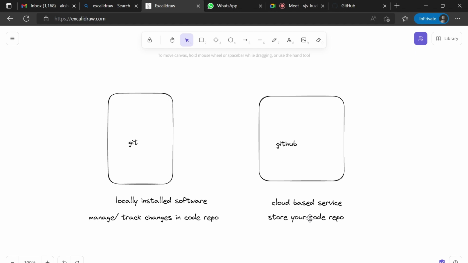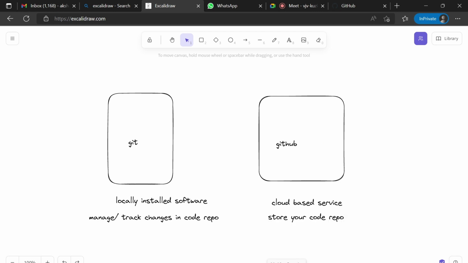That's why teams with multiple developers use GitHub. Why? Consider a scenario where we are 4 to 5 members in a team, and we are making changes in our code repository. We track all the changes and keep our code files up to date in GitHub. Now another developer, a new junior, comes into our team. What will he do? He will directly download or clone the repository from GitHub. No need to ask someone, please copy these files, please help me with this. He just needs to download it from GitHub. So this is the advantage of GitHub.